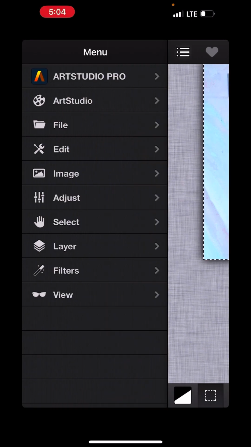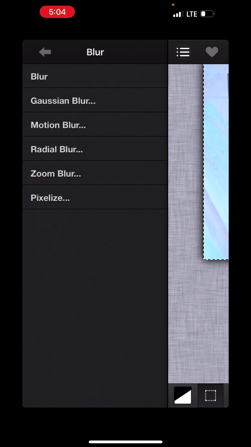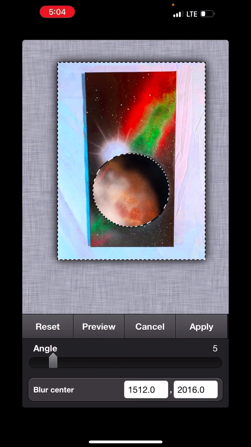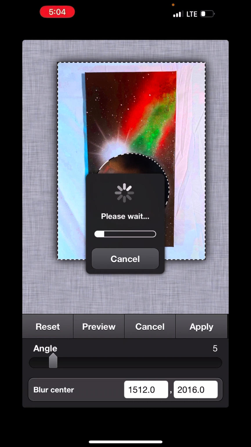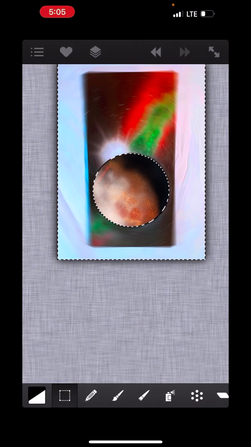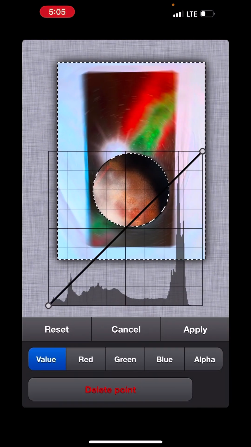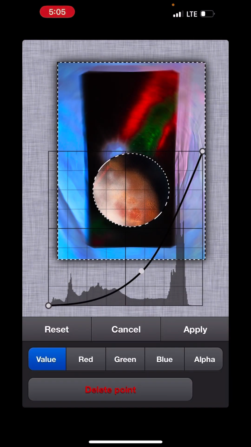Now we're going to go to filter. We're going to go blur. Let's try a radial blur. We're going to preview. That looks pretty cool. Let's apply it, and let's go back to adjust. We're going to look at the curves, and let's see what kind of